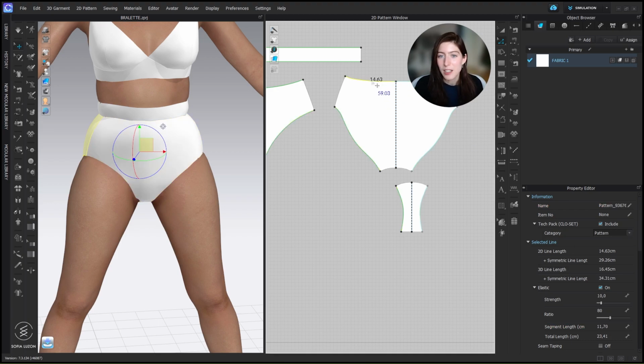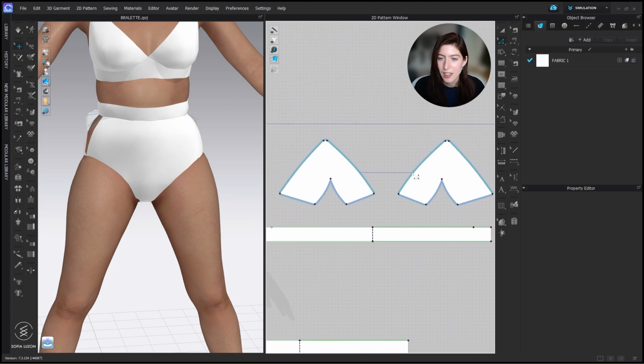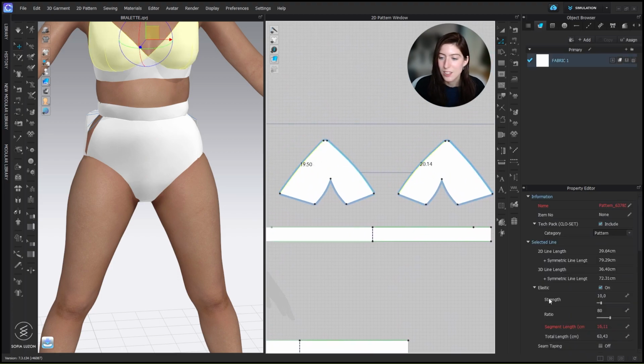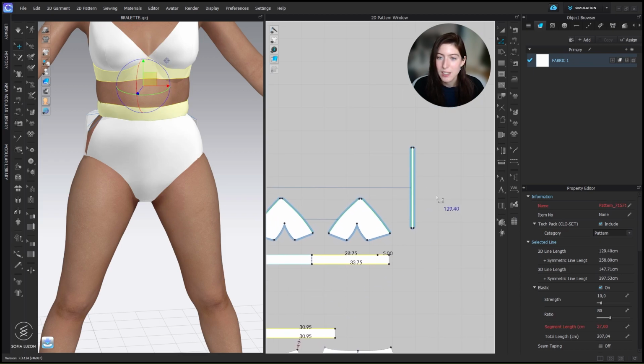So this is actually closer to what would happen in real life. I could remove this elastic actually if I'm going to apply it to this piece. So I'm going to uncheck that, and this one too, and I'm going to select also the bralette and say 92 here and 90 here. Then I'm going to delete all this elastic for the waistband and for the straps,